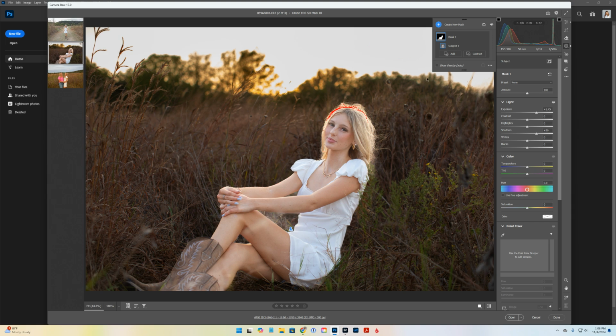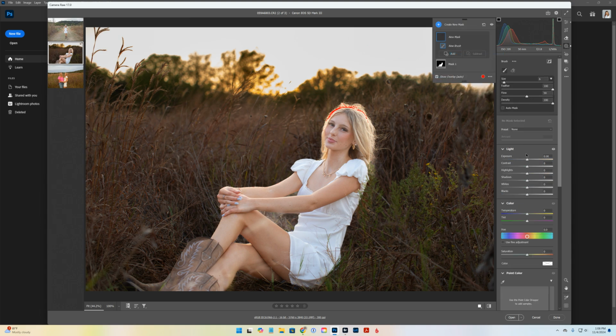So now what I'm going to do is create another mask. So just right here, click create. I'm going to click brush. And then, so now I have her correct, the sky correct, and no blown highlights. And now I'm creating a brush, and I'm going to